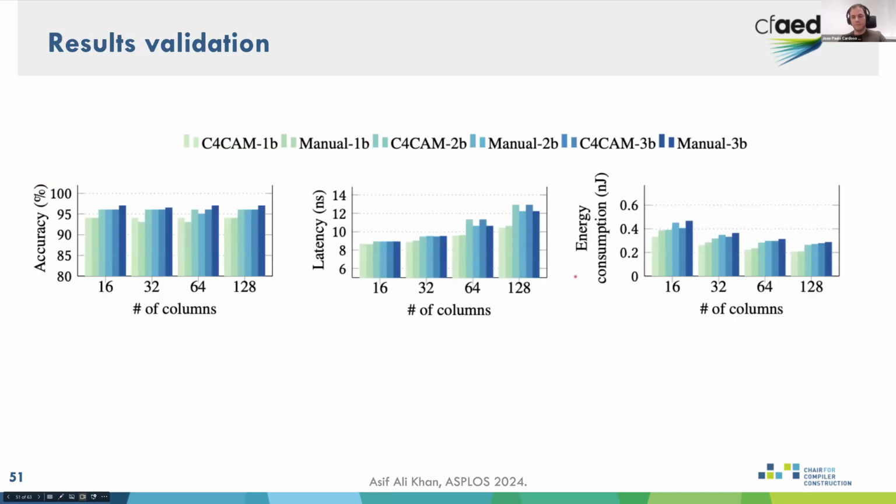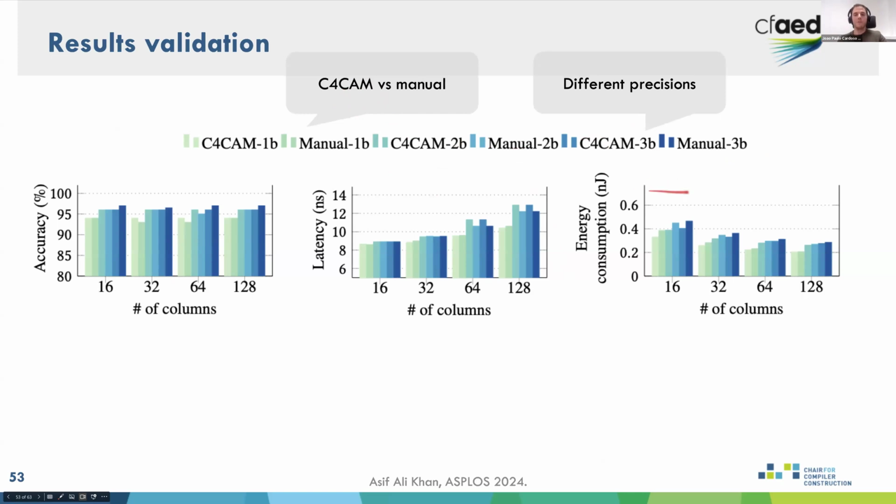Right, so the first part of the paper, let's say, is some validation of manual mappings and the C4CAM generated code. That is one important step to calibrate if our generated code is giving good, meaningful results compared to the manual implementation. And here you have